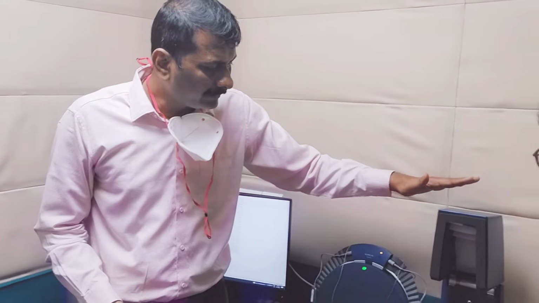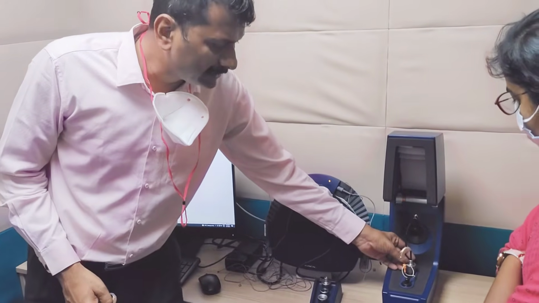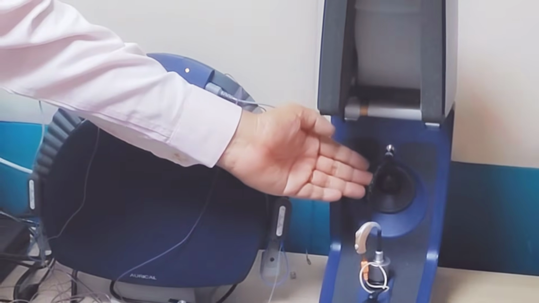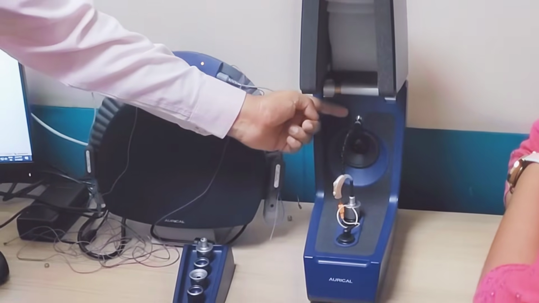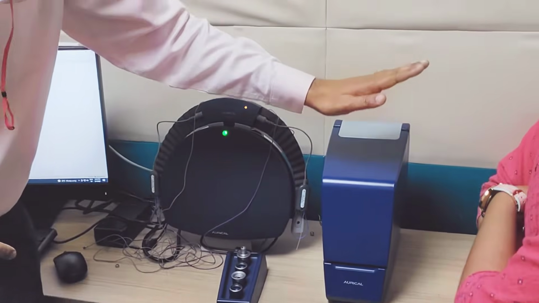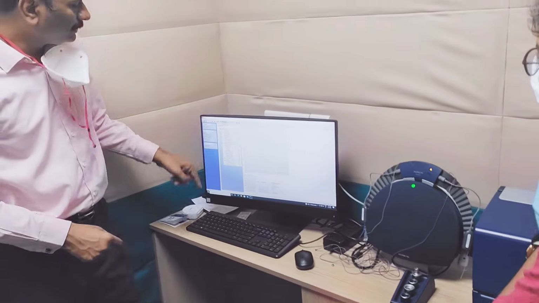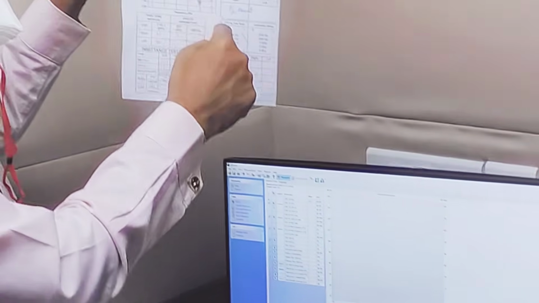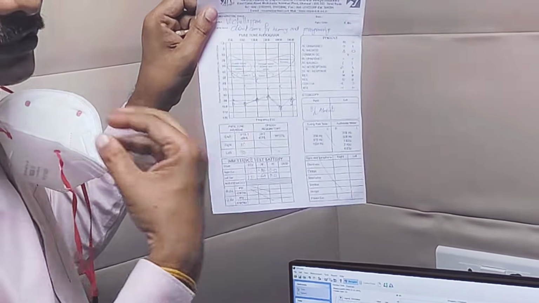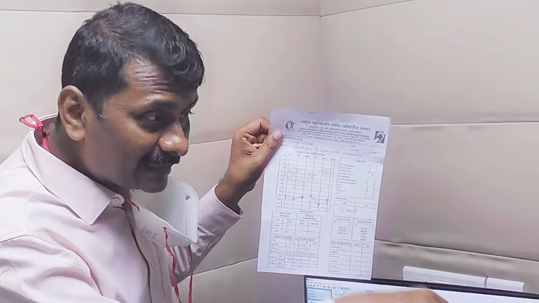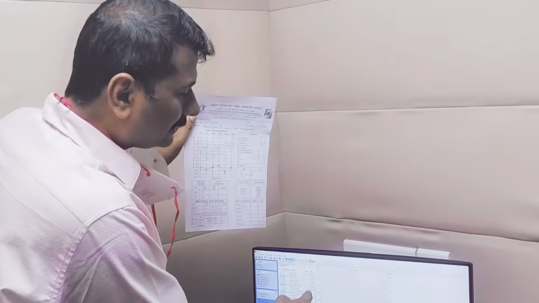whether it is giving that amplification or not, we take this particular setup in which we have a box. We fit the hearing aid to a 2cc coupler which simulates our ear, and then there is a loudspeaker. There is a reference mic also, and this box is known as what? The HIT box. So I have closed it now, and once I have closed it, I go into this and give a sound. As you saw, we have a series of frequencies and a series of intensities. These should be produced by the speaker inside the HIT box, and the output of the hearing aid is measured.